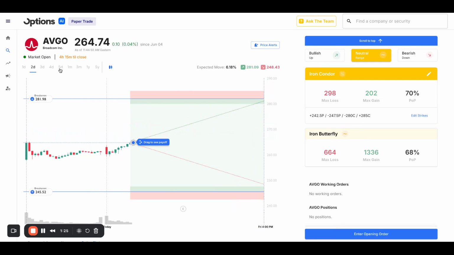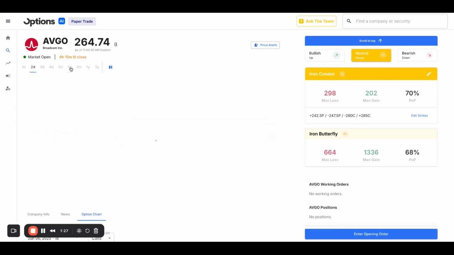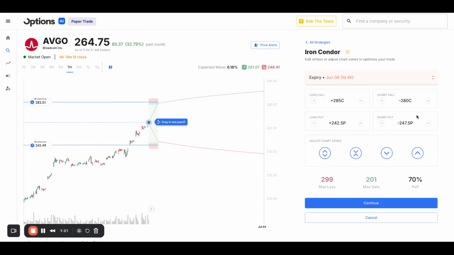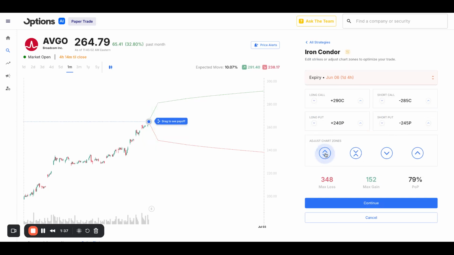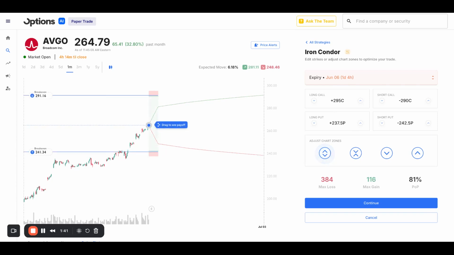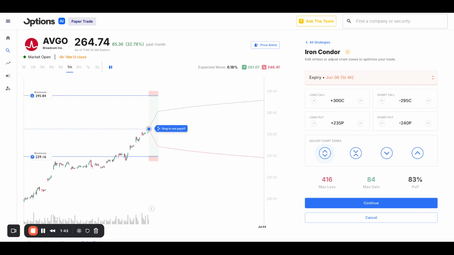And then for some added context, we're going to move to a 1-month chart and click Edit Strikes and start to expand the width of our iron condor. Here I'm going to do that 3 times, move it out 3 strikes. And we can see our risk-reward ratio going up, our probability of profit going up as we widen that iron